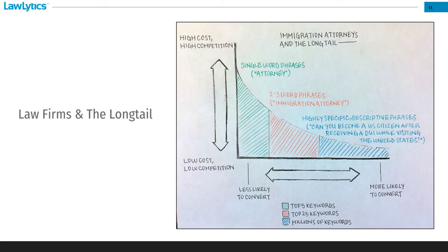Now, let's look at the part in blue here. Here we have some highly descriptive phrases, the kinds of questions that your potential clients are likely to ask. And these ones have a much higher likelihood of converting because they directly address the kinds of questions that potential clients ask. There's far less competition for these terms, and there are millions of long-tail keyword phrases that you can